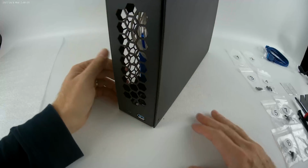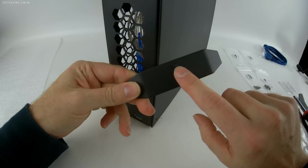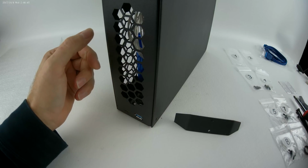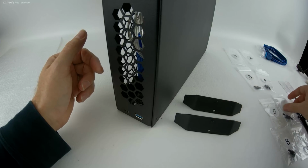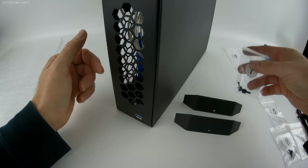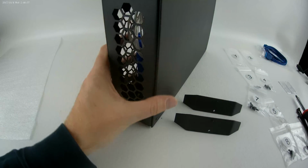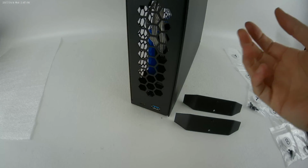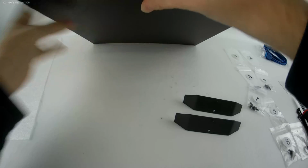If it's going to be vertical, your feet have a slot, a key, and there's a keyhole on the top and bottom, the way it's oriented now. And you'll slide that key into the keyhole, and then you use a thumb screw, baggie number 7, 2 thumb screws, 1 per stand, to tighten it down. I like to orient the case with the button at the top if I'm going vertical and the USB at the bottom. Some people like to do it the other way around, Confucius actually being one of them on the small form factor net. But for right now,